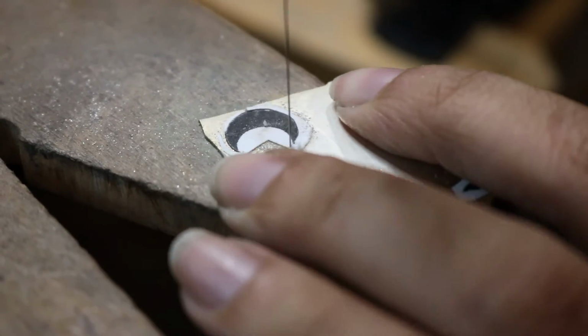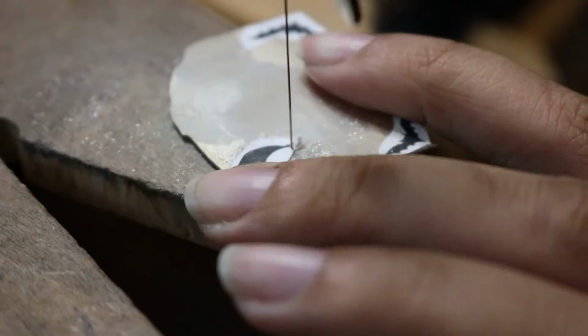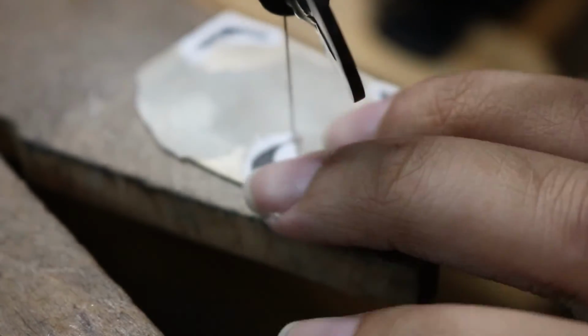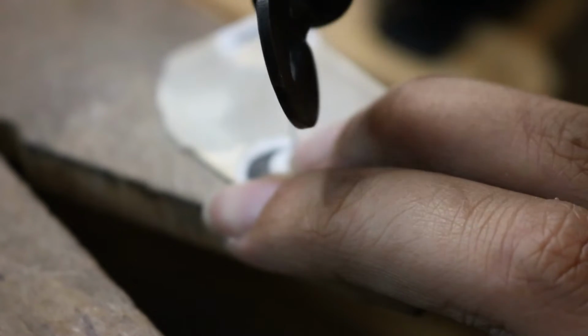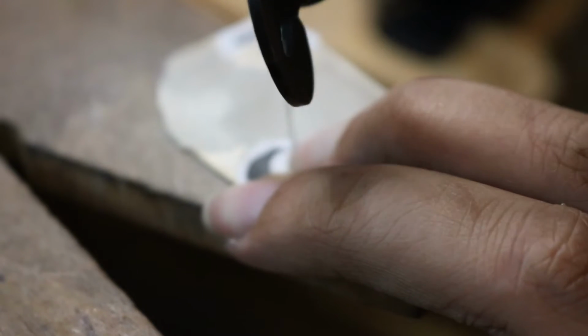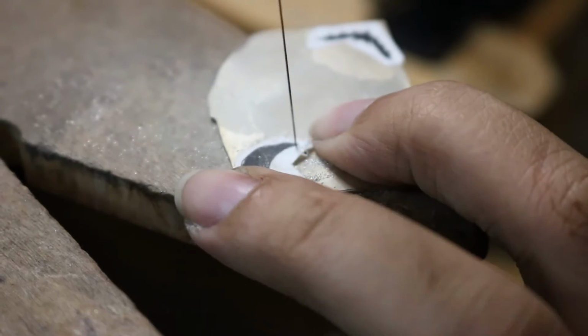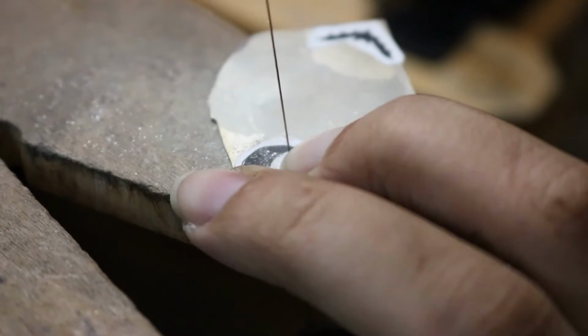So let me go ahead and go straight up and down. I'm turning, turning, turning. All right, so you see it is coming up a little bit. Maybe I didn't glue this just enough, but all right. So now I'm gonna find the tip of the moon and start with small little cuts just to get myself started. And then we're gonna go straight up and down,